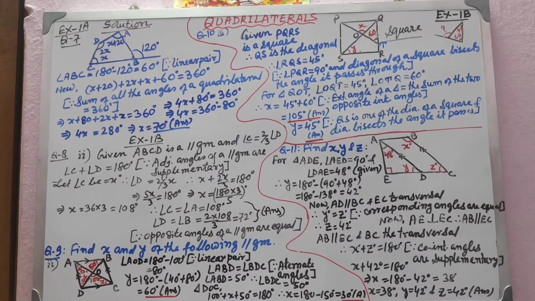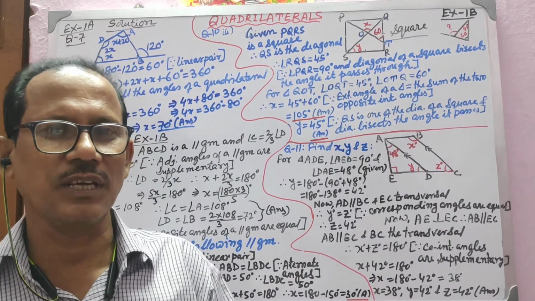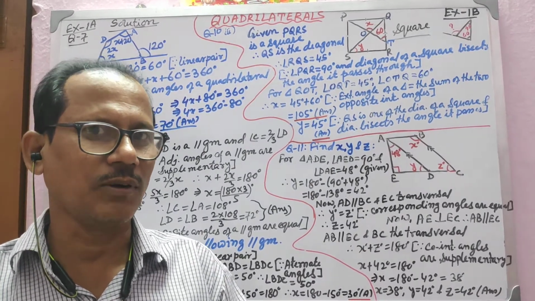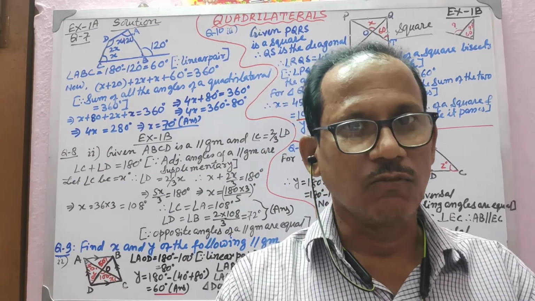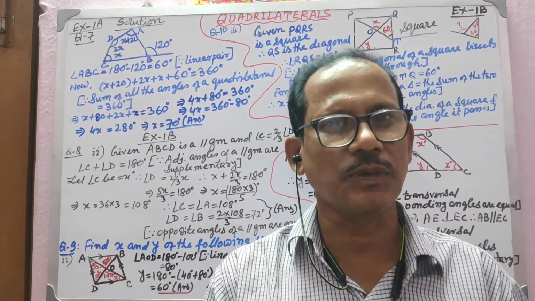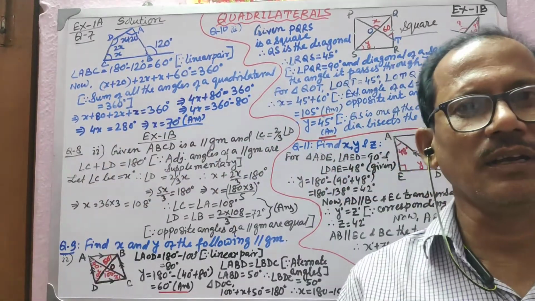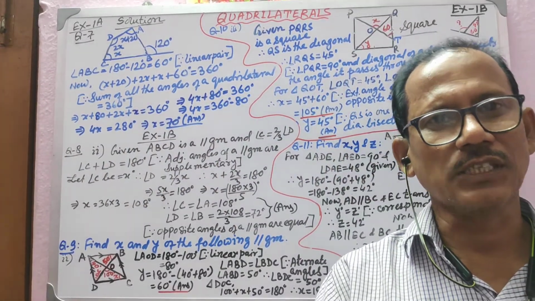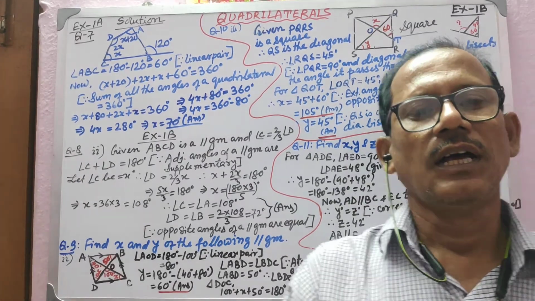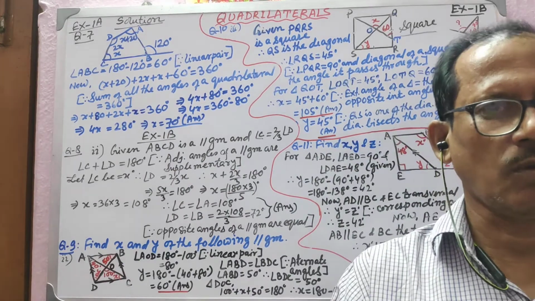Students, you are learning quadrilaterals, and the first exercise you have done previously. I have told you about the types of quadrilaterals and what the features of each type are. Especially, I told you to learn the chart given, where each type of quadrilateral has special aspects. You have to learn thoroughly, then only you will be able to solve further.